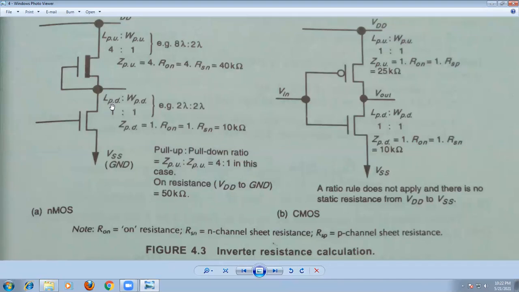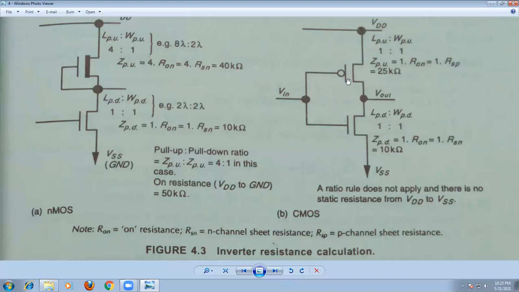And similarly, so this is the MOS technology. Now, how to calculate the on resistance in the CMOS technology for the CMOS inverter? Here also you can follow the same method. So this is the CMOS inverter, and we assume that the ratio is 1:1 and 1:1. Now let us consider VDD. This is the pull-up transistor and this is the pull-down transistor.